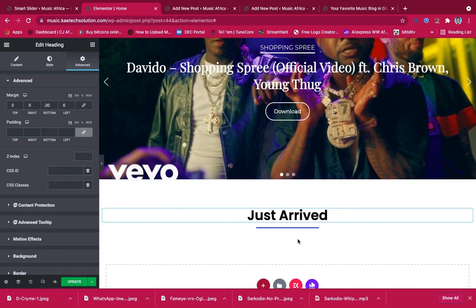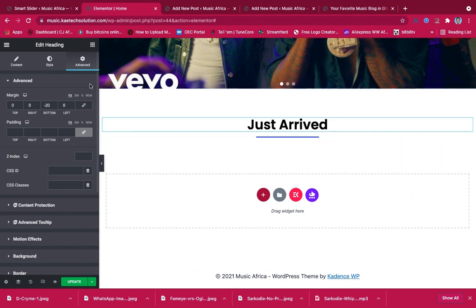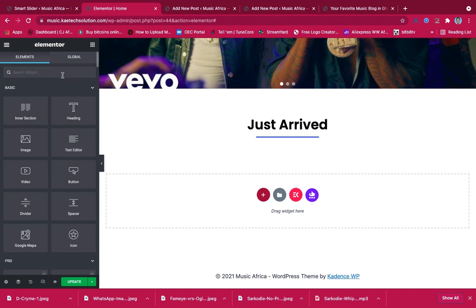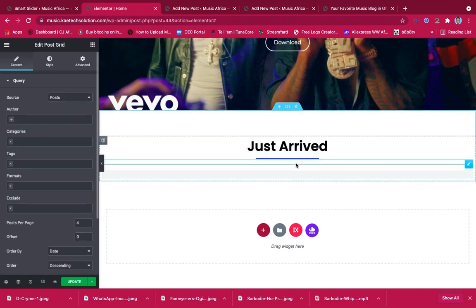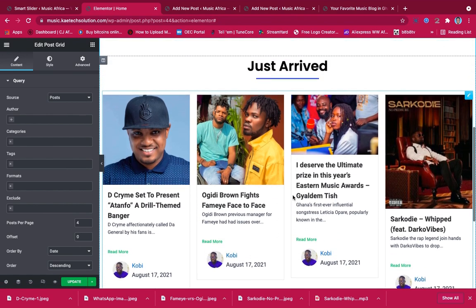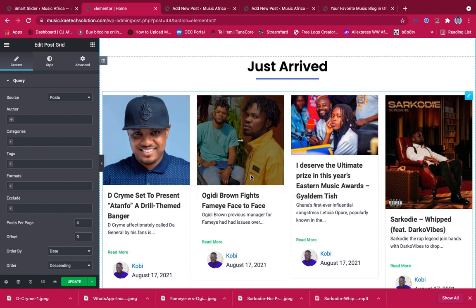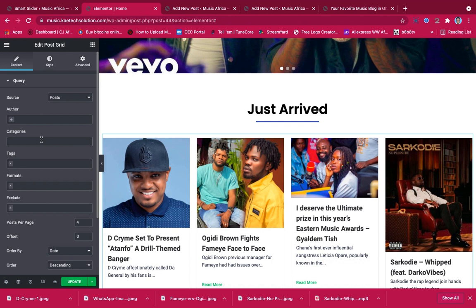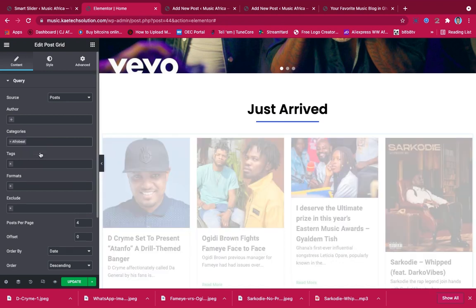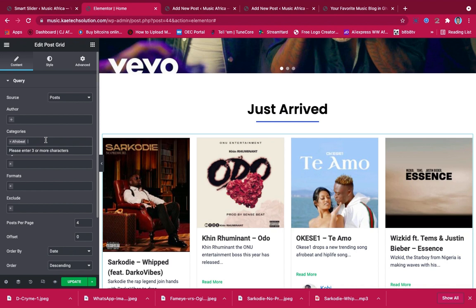So this is just a heading, just arrived. Now what do we want to be here? We want some new posts, or new music that has just arrived. So let's look for posts. Yes, this is what we're looking for. So this is the post that we want. We can check the categories. The categories that we want are Afrobeat, hip life,